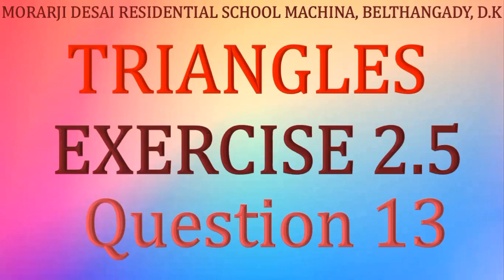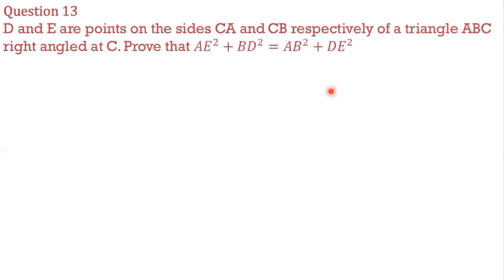Dear students, now let us solve 13th question of exercise 2.5 from triangles lesson. D and E are points on the side CA and CB respectively of triangle ABC, right angled at C. Prove that AE square plus BD square is equal to AB square plus DE square. Now, here D and E are points on the sides CA and CB of triangle ABC, which is right angled